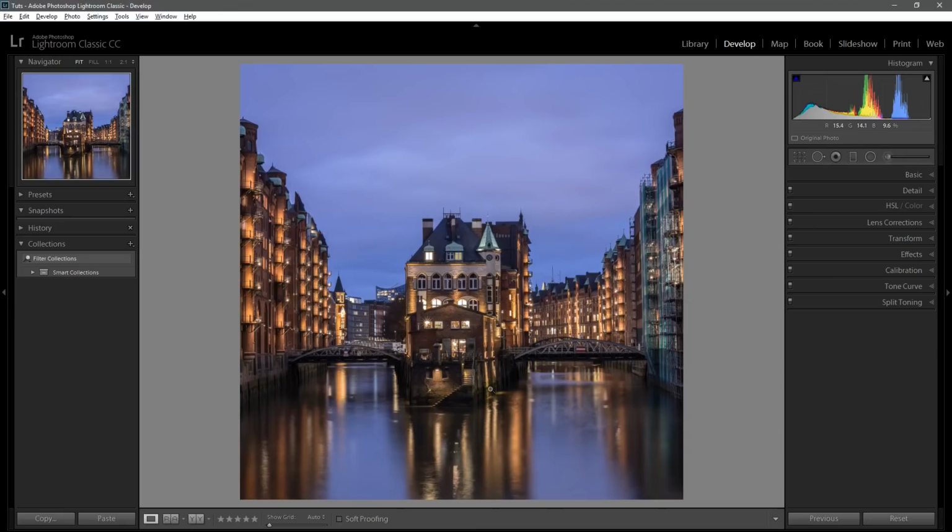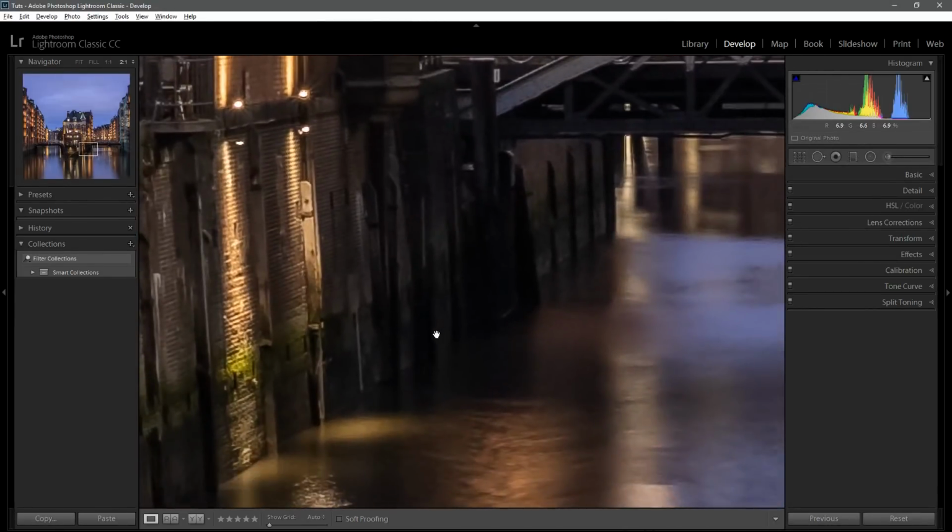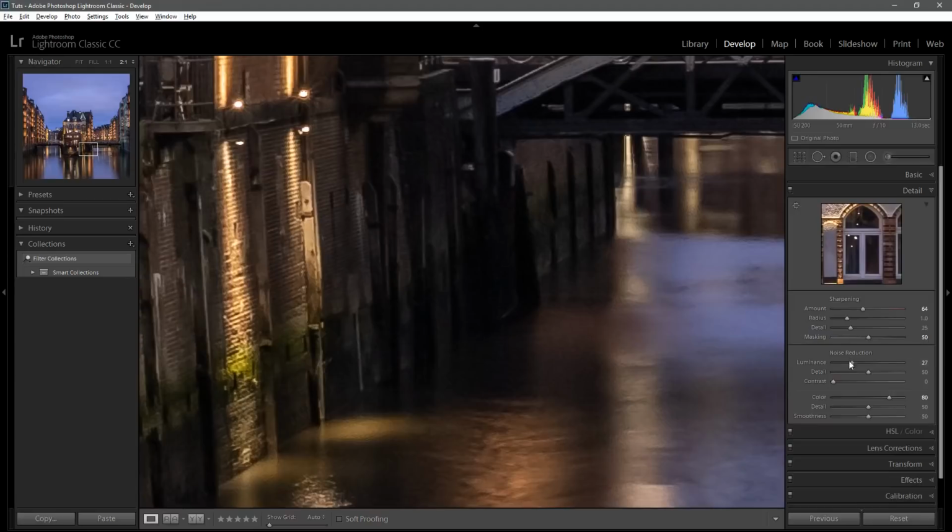Same image inside of Lightroom. If we go to the problem area, you can tell that there is no color noise there. We've eliminated all of the color noise, and we did that using the details tab, and the color noise reduction was turned up to 80. If I turn it down again, you can see that same color noise that we have in Darktable. But even if I turn down the luminance noise reduction, the image only begins to look about as bad as the image inside of Darktable. From the outset, I felt with this particular image that it looked better in Lightroom compared to Darktable. With the noise reduction applied,